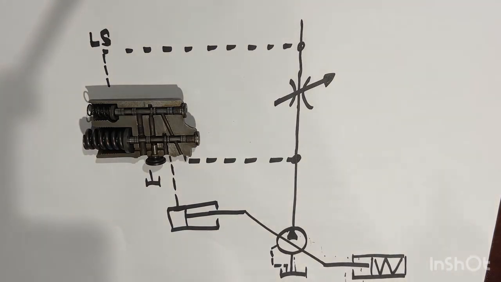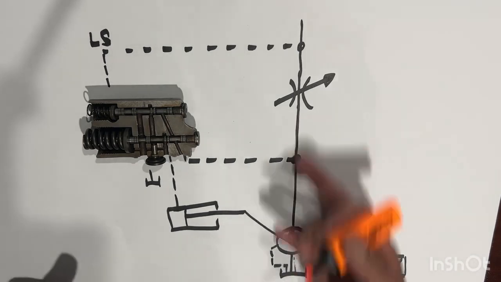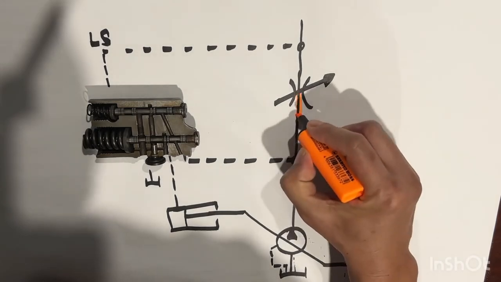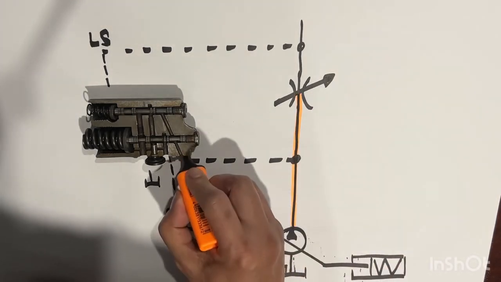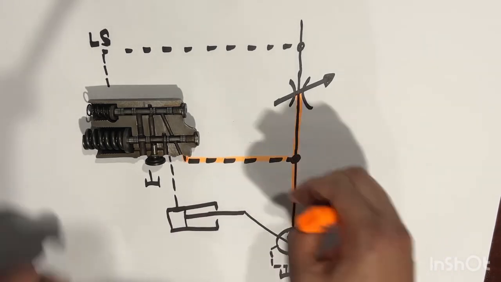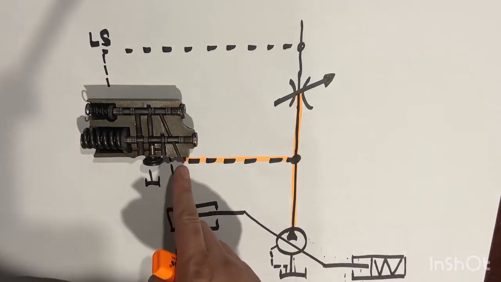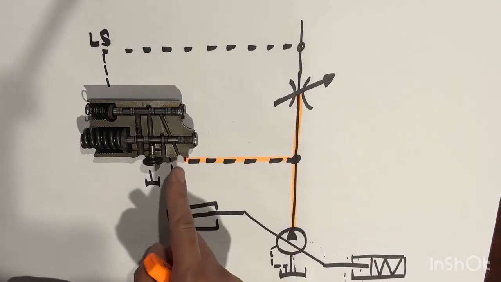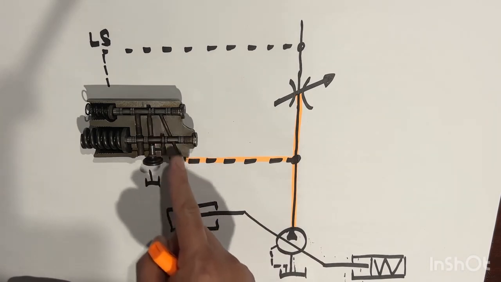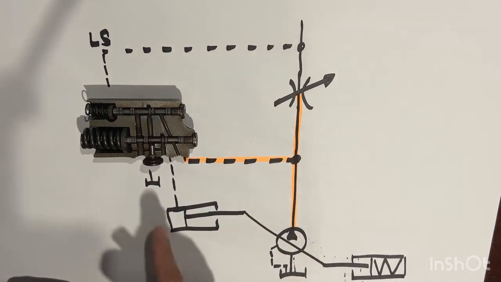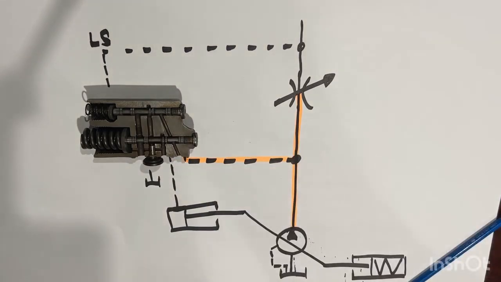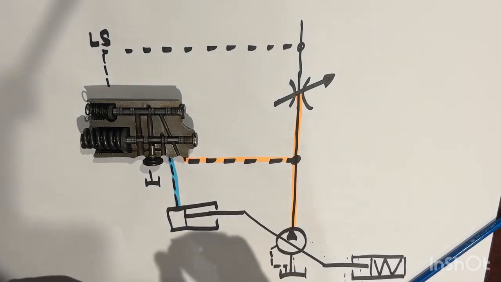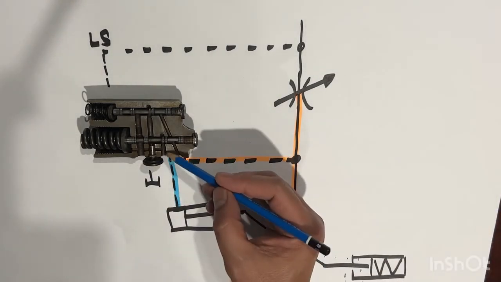Okay, so I will color the pump discharge pressure, or the system pressure. From the pump, I just put orange here, and that will also act in this port. If you have an 810V, there's a drilling in the port block, and that gallery is acting in this port here, which is the system pressure. Don't forget this here, which I color blue. This is your D-stroke port, your servo piston D-stroke port, this area here.